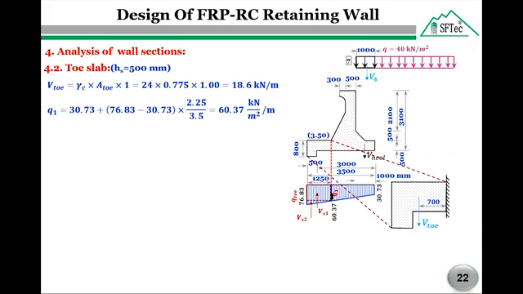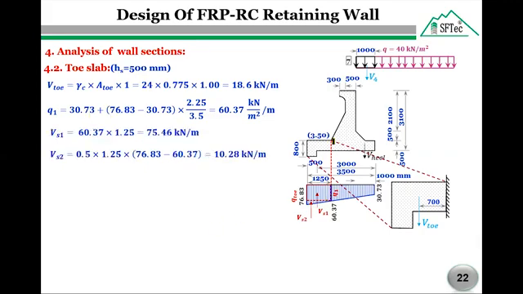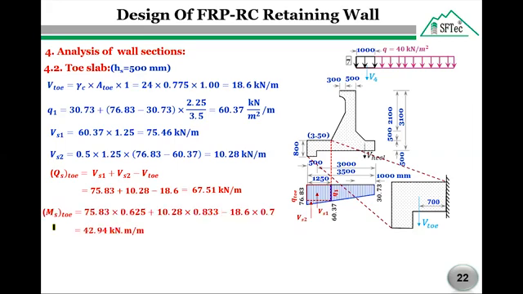At the face of the toe section, the bearing pressure Q1 can be calculated from similarity. The soil pressure here under the toe section will be divided into two shapes. The first one is a triangle and the second one is a rectangle. So we have two forces here, one for the rectangle and one for the triangle. The maximum shear force at the face of the toe slab section equals the summation of V1 plus V2 minus the downward weight coming from the weight of the toe, while the maximum moment at the face of the heel slab equals